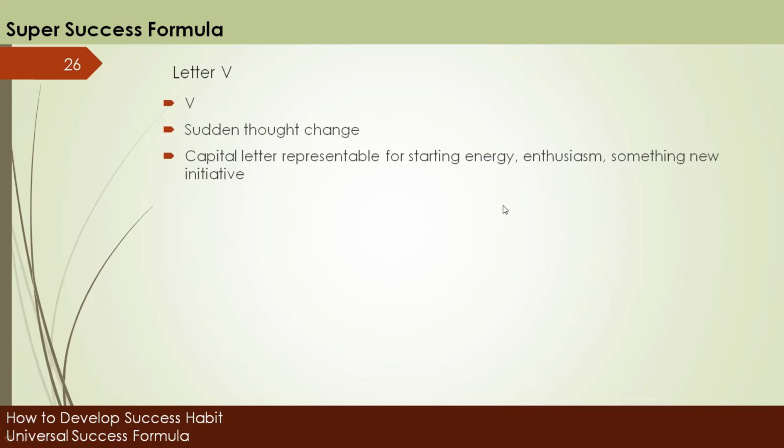Letter W represents habitual learning from experience, and the capital letter represents a starting energy, enthusiasm, and a new initiative. And now many question forms like what, when, why, where, whom are sentences where we require capital letter W as a starting letter for a line or a paragraph or any question. Think about a situation. I have explained each word in detail and also described with a chakra energy what the thought process is, what energy is supposed to be used.